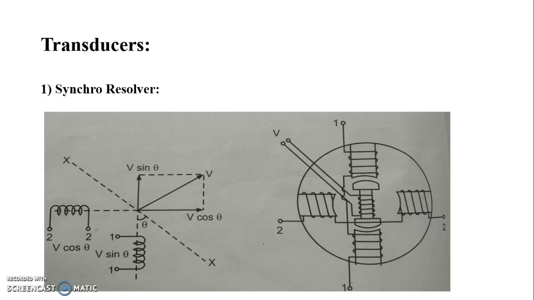It is suitably geared so that a displacement of 50 mm produces one revolution of the rotor. A similar cycle of values is obtained for the next 50 mm or 360°. A special electronic hardware which converts this cyclic signal into digital form is known as a converter. So this is the information about one type of transducer, that is the synchro resolver.